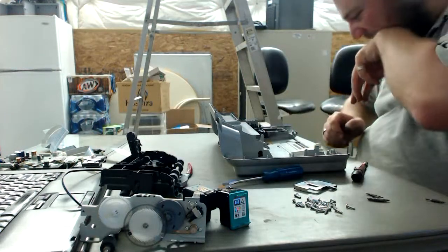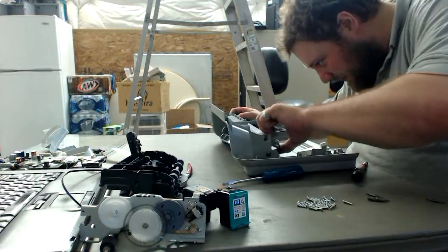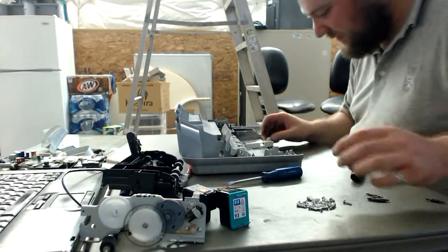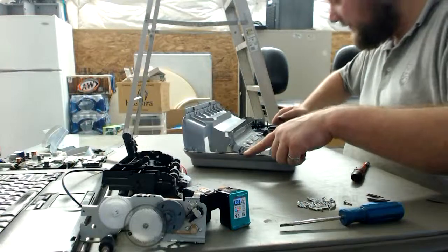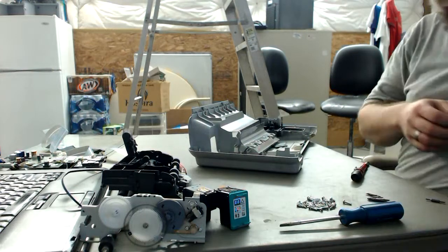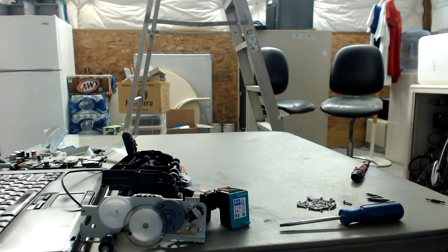So, what else we got here? A few more screws. Even though I don't like them, we'll save them. What else we have? Okay. Paper selector size. Nothing fancy. As you can see, we've pretty much stripped it. There's a little bit more over here for the ink, but I really don't want to get any more ink on me. Okay, so it looks like this teardown is done. Got a nice bit of pull here. And we'll go over, as a recap,